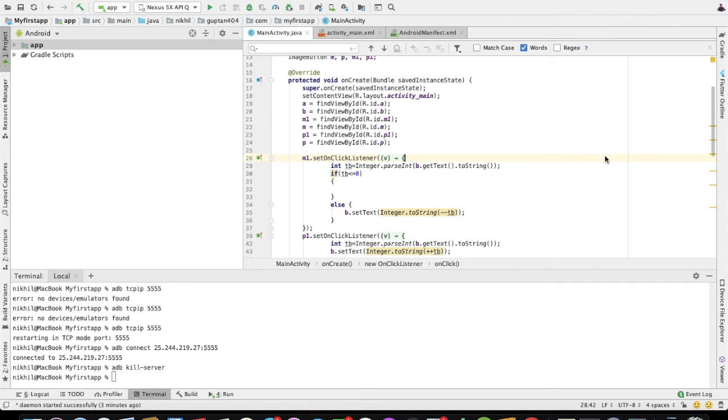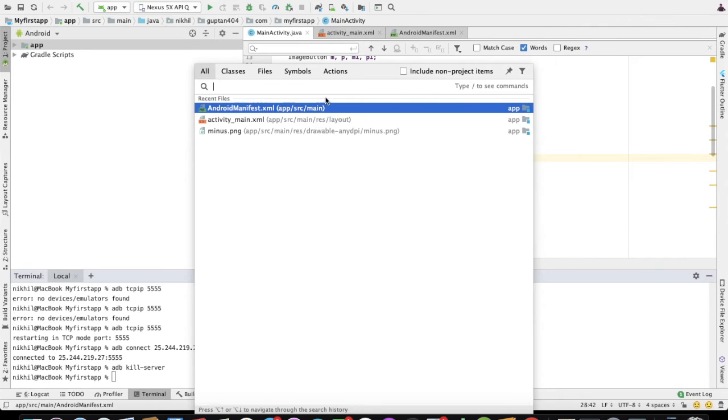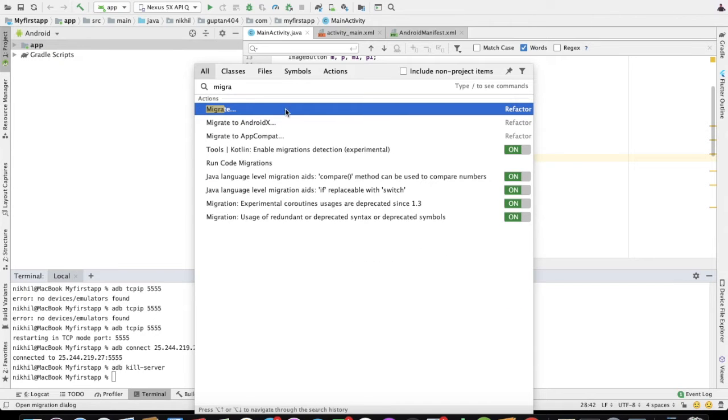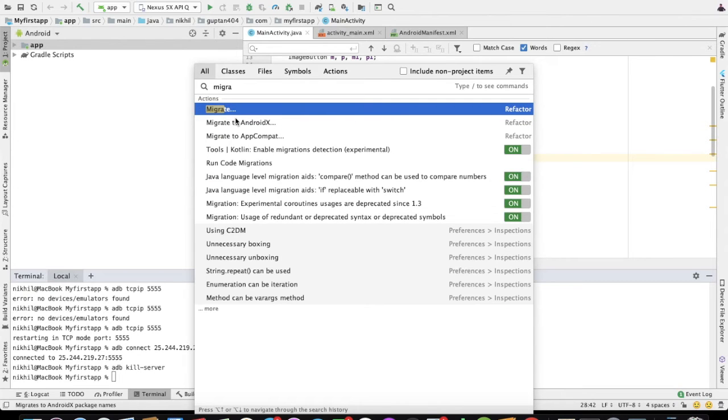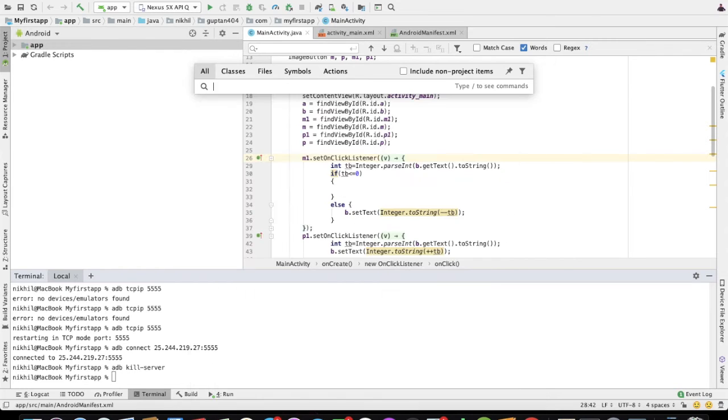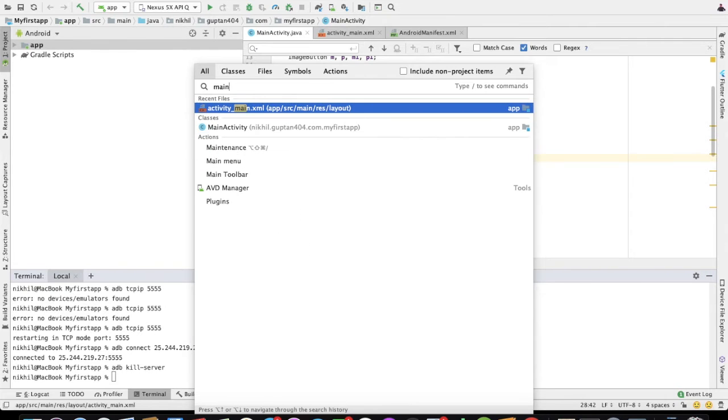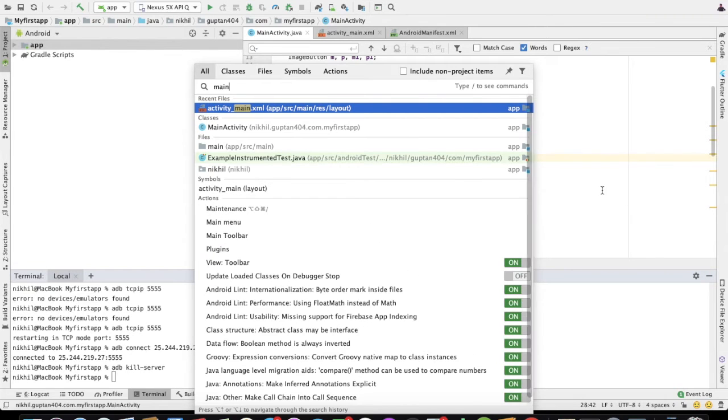Okay, that is multiple shifts. By clicking shift twice, you will get a search. You can search here anything related to your code. Like if you want to migrate to Android X, you'll get migrate to Android X, or whatever things you want to search, like MainActivity.java, so we get it here. Okay,